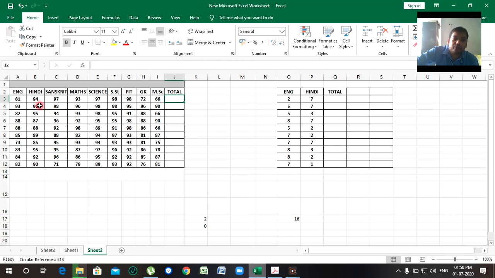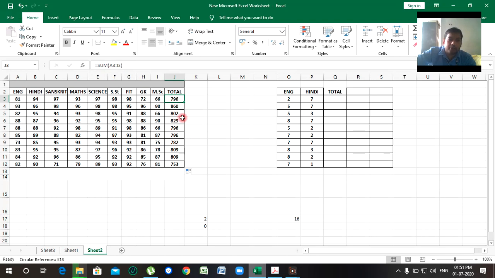For example, see here. Suppose I have done this AutoSum here. Now when we copy this formula, the cell address given here is A3:A9.